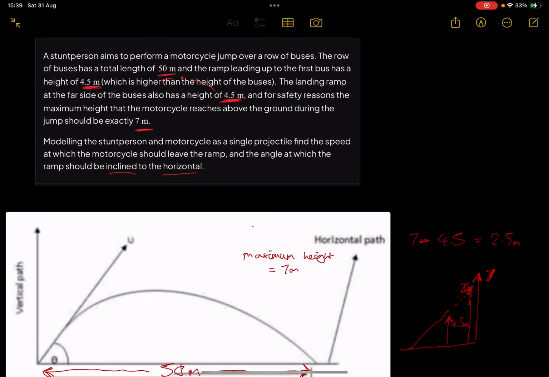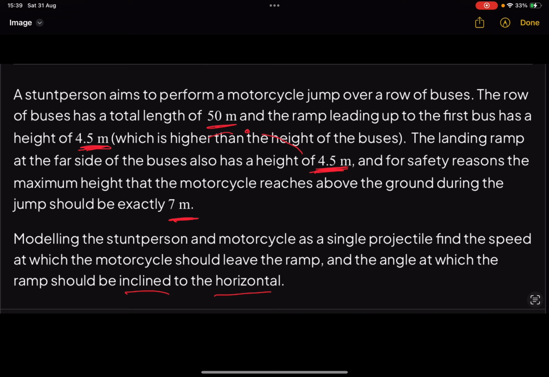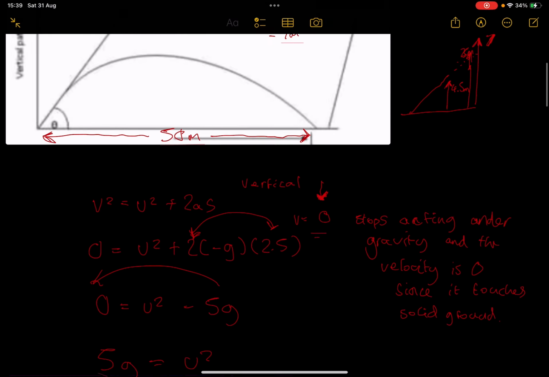So since the landing ramp is 4.5 meters and the starting ramp is 4.5 meters, we can also assume